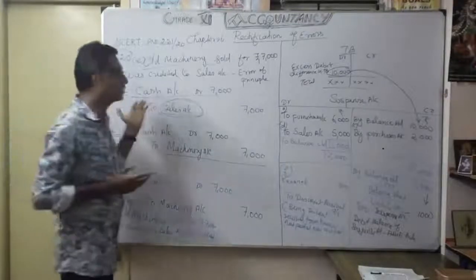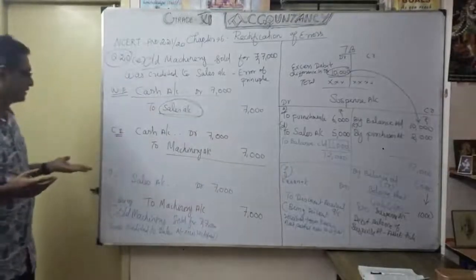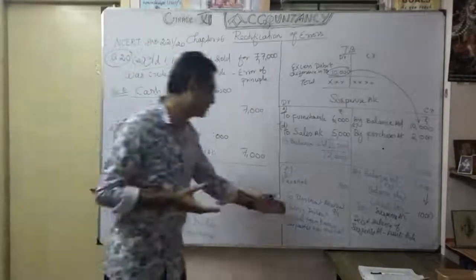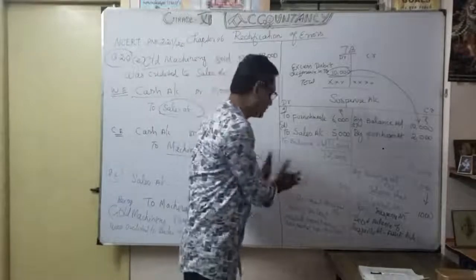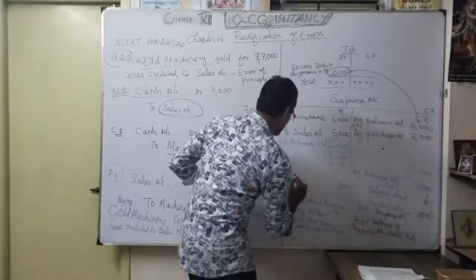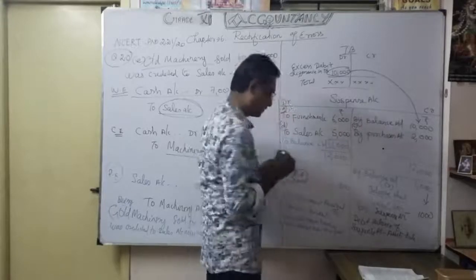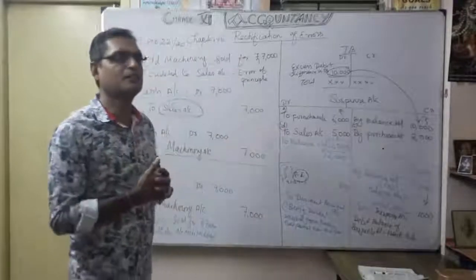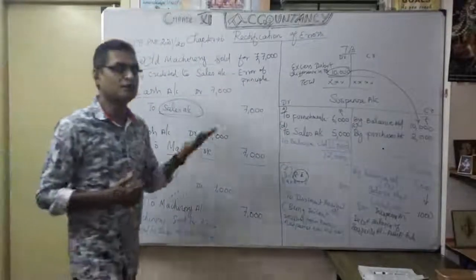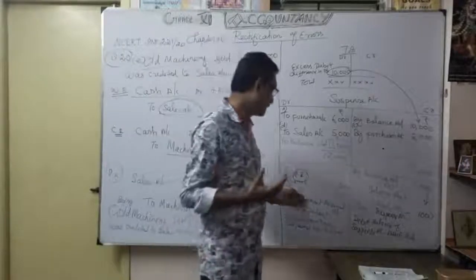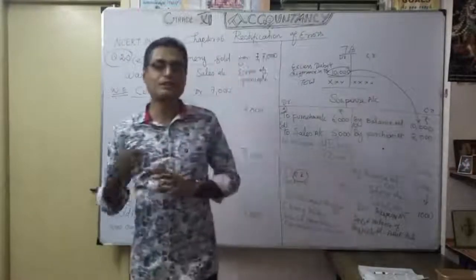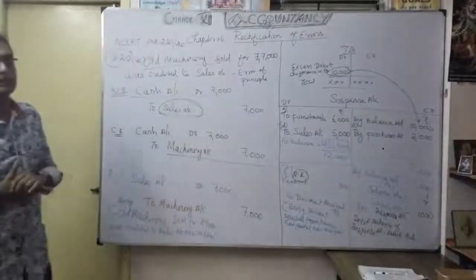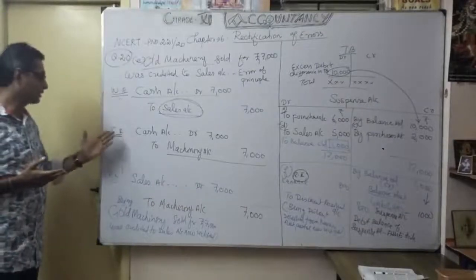Wherever necessary, you want to do the wrong entry, the correct entry, then the rectification entry. The narration part of the rectification entry is very important. Here we directly did the rectification entry because I totally forgot to write, it was not posted. So there is no question of wrong entries. When will the wrong entry come? In a wrong posting, or a wrong amount. Here they were not even posted, that's why you can directly do the journal entries. That time we can do the rectification entry directly. Otherwise, you want to follow the same manner: wrong entry, correct entry, rectification entry.